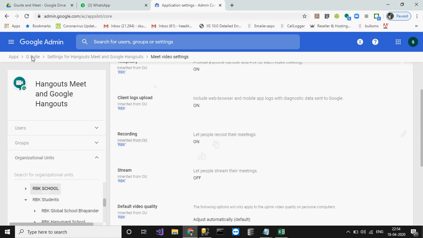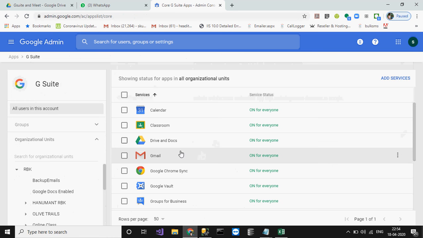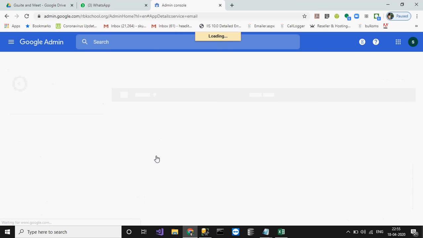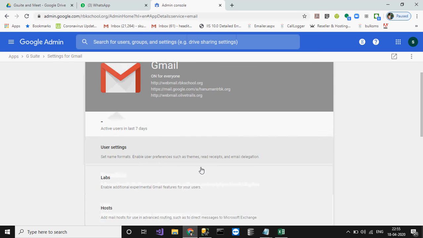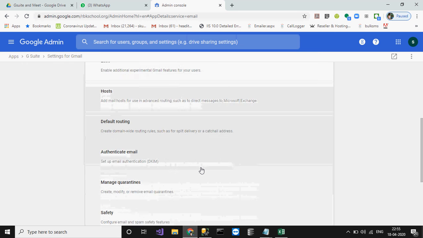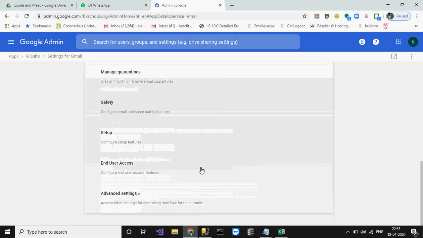Next we will talk about the Gmail policies. Click on the Gmail. Here we created all the IDs, but students can send and receive emails outside of the domain and internally, right? So we can control these services. Click on the advanced settings.